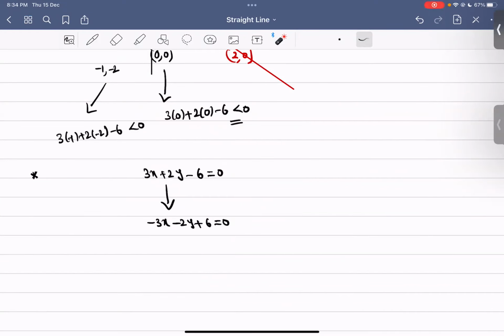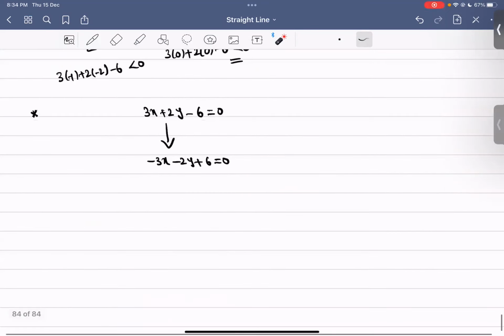So next what you do is, you can solve the problem by taking the line like this or like this, both are the same only. Now what you do